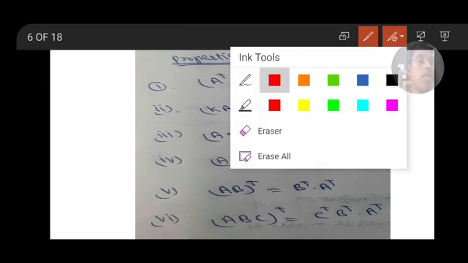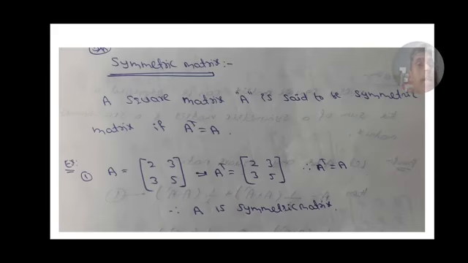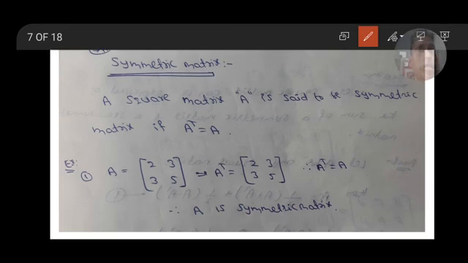Okay. Next, definition of a symmetric matrix. A square matrix A is said to be, here compulsory,